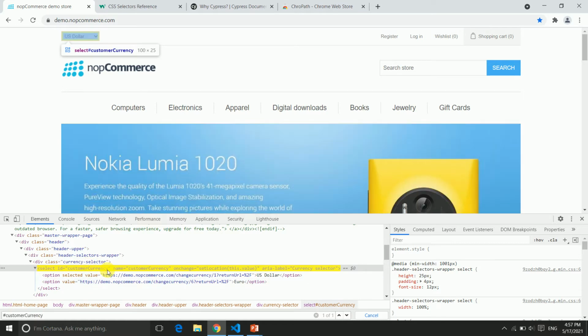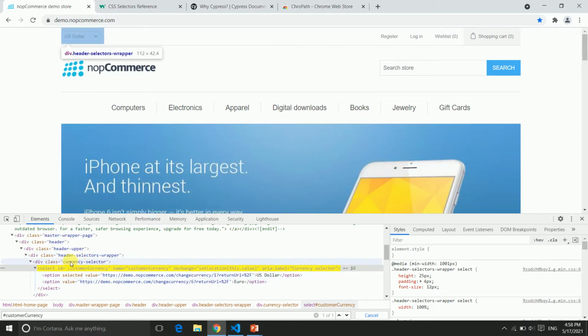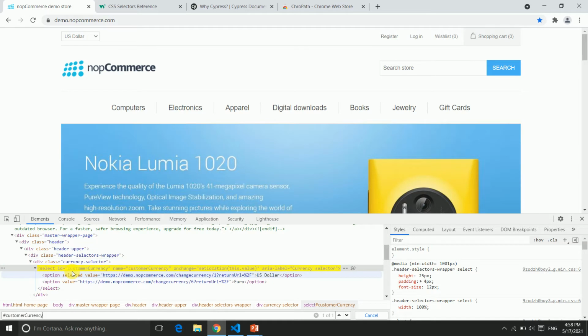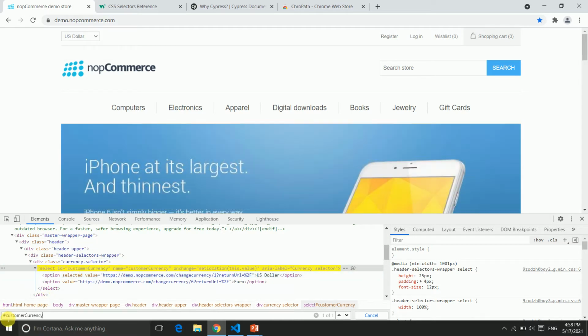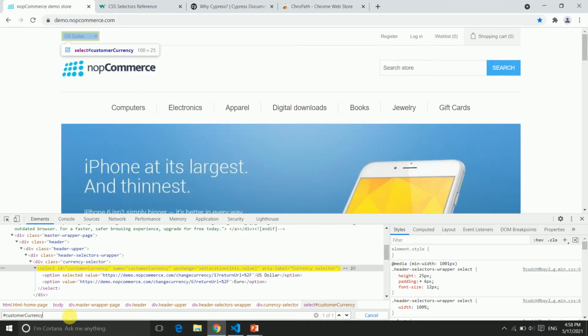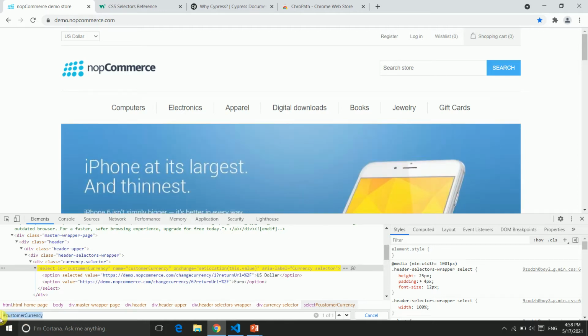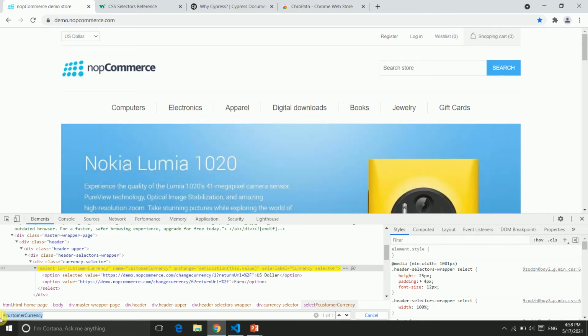So suppose you go with another value and just inspect that, and if you have the ID, if you have name or class, that is secondary, but if you have ID, just go with that ID. For that you need to mention hash, and then put the value of that ID and just enter. You will get one perfect path for that CSS. So that is your CSS path by using the ID.